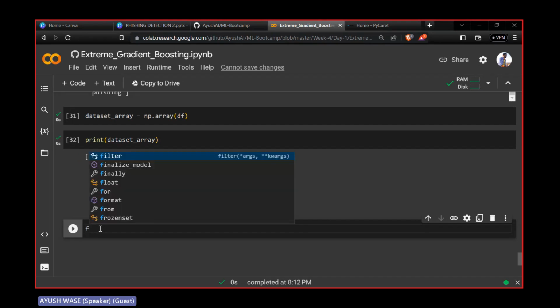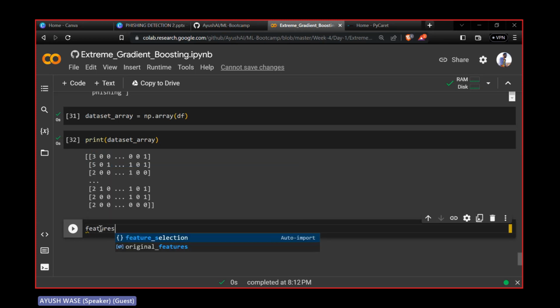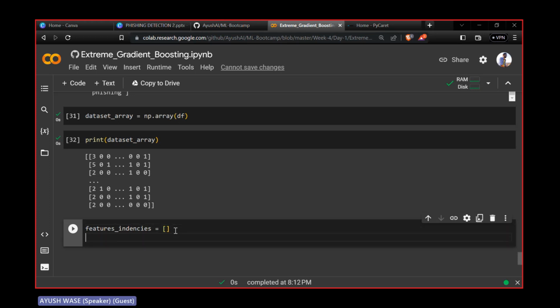we are going to need one more list called features underscore indices, where I will initialize an empty list, and then I want to find the attributes. Attributes is equal to, I'm going to